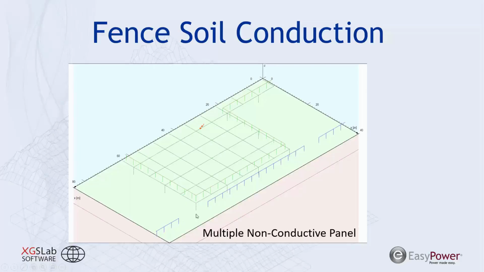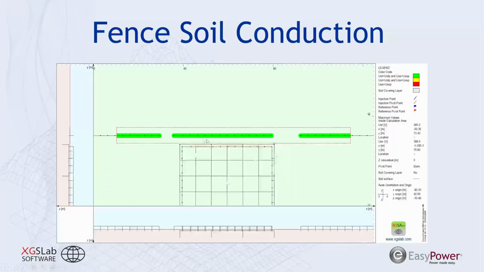Here you can see there's a break that really isolates the fence section that is closest to the substation grounding system. And it extends out multiple panels to reduce the conduction to the outer fence line. And here we can see by using non-conductive fence panels, we're able to have our compliance for touch voltage met